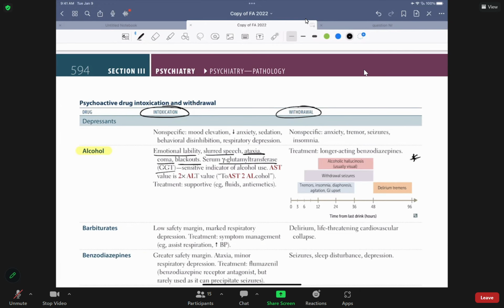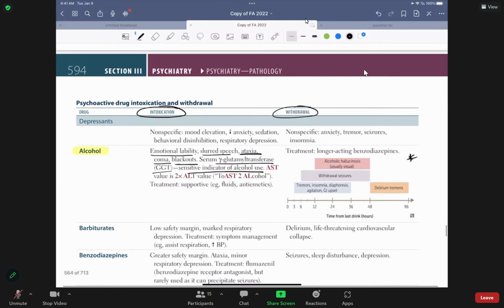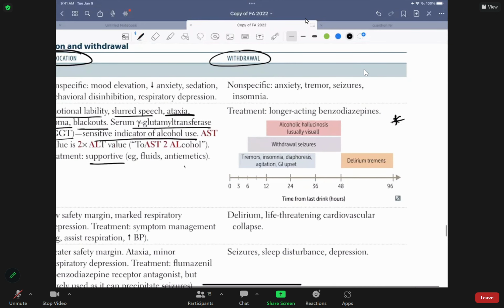Enzyme will be high because it's affecting the liver, okay? It's a sensitive indicator of alcohol use when they're running, folks, okay? So the only treatment you could do is support him when somebody is already alcohol intoxicated. You cannot do anything, right? So that's alcohol intoxication. Now, if you look at the withdrawal, it is so important to understand how it happened